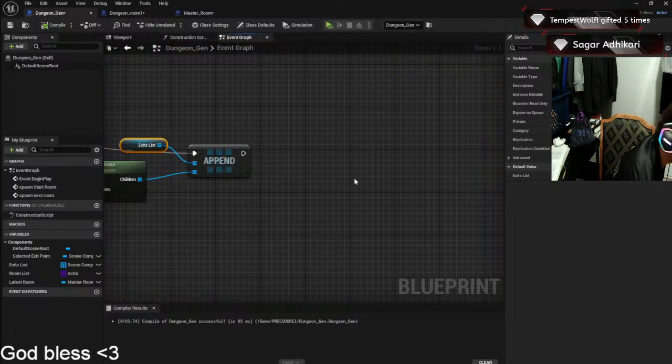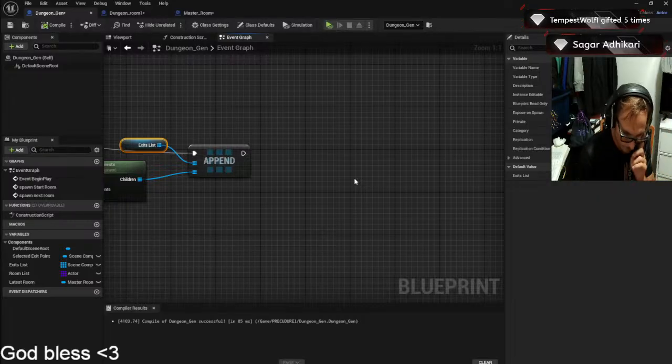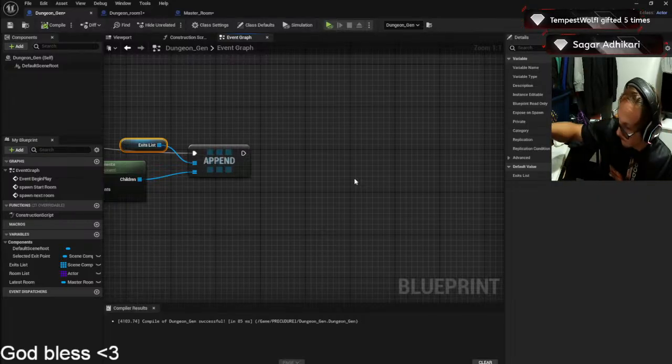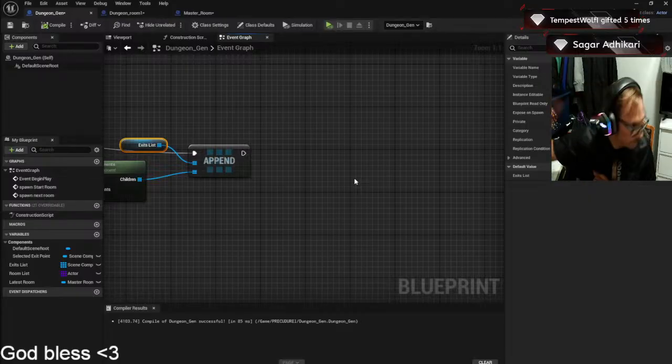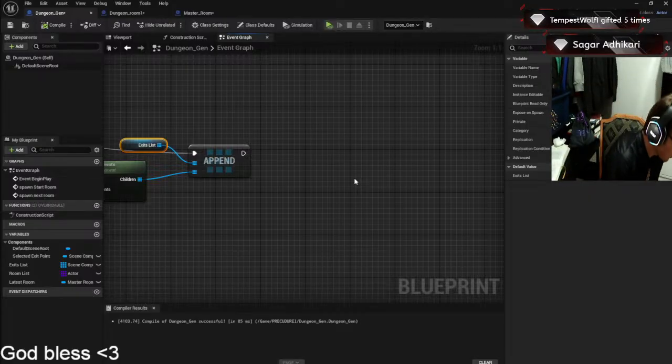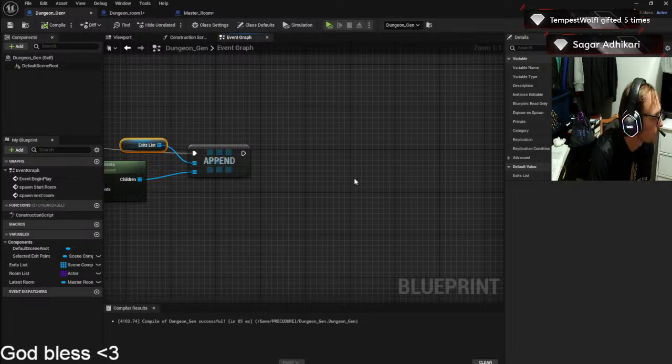So now this is working. Awesome. So let's just tighten it up a bit. And then select everything. Press C on the keyboard and